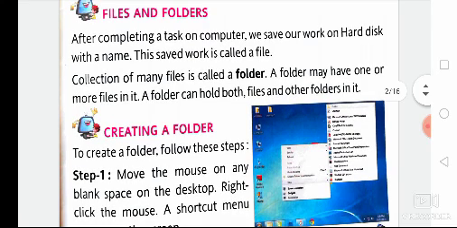After completing a task on a computer, we save our work on the hard disk with a name. This saved work is called a file. A collection of many files is called a folder. A folder may have one or more files in it. A folder can hold both files and other folders in it.